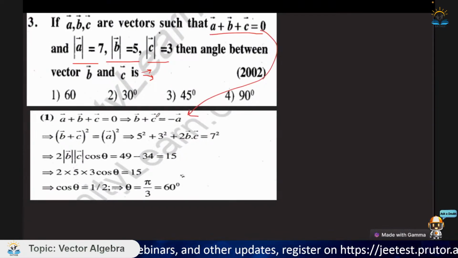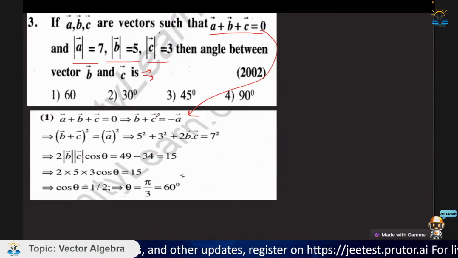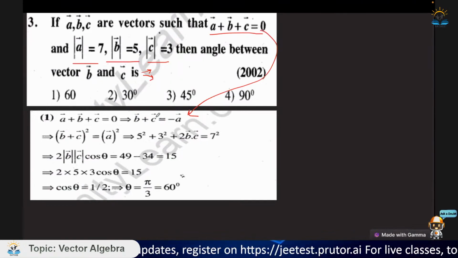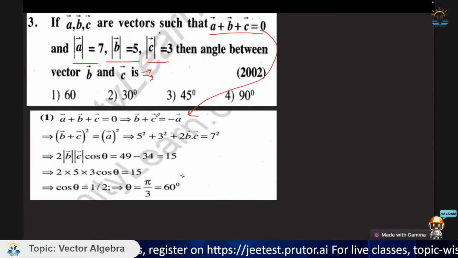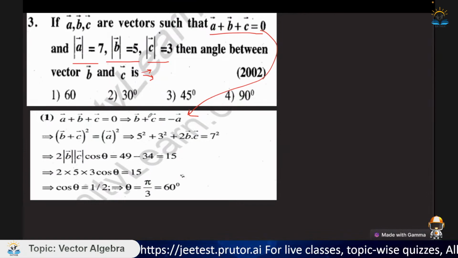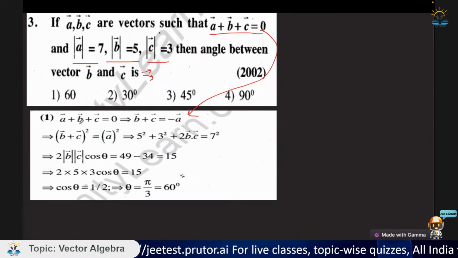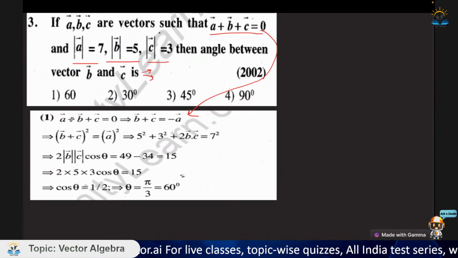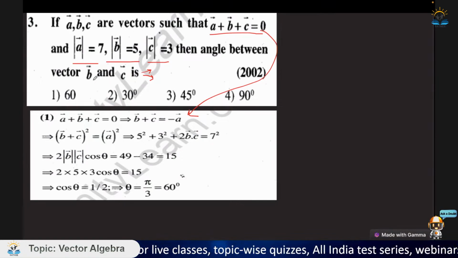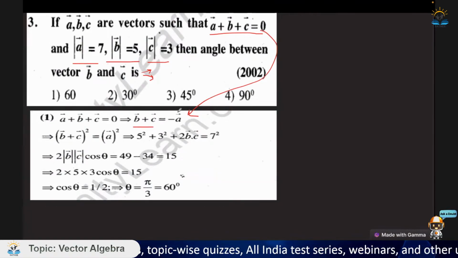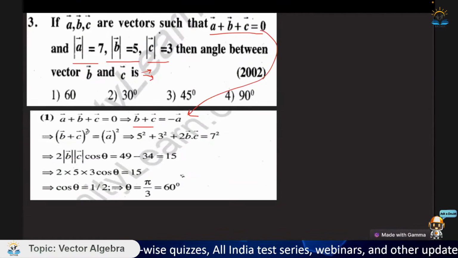हम कोशिश करते हैं कि b dot c या b cross c किसी तरह निकाल लें, क्योंकि जनरली dot से equation solve करना easy रहता है, तो ultimately हम dot use करते हैं। जैसे ये equation है, हम इसको simply c को उधर भेज देंगे, a को उधर भेज देंगे, क्योंकि हमको b और c में angle चाहिए, तो b और c को एक साथ रखेंगे। अगर हमको a और c में angle चाहिए होता तो हम a और c को एक साथ रखते हैं और b को उधर भेज देते हैं।